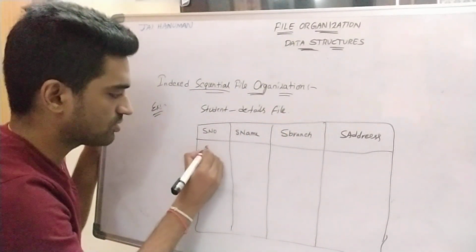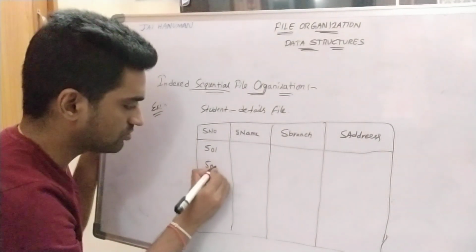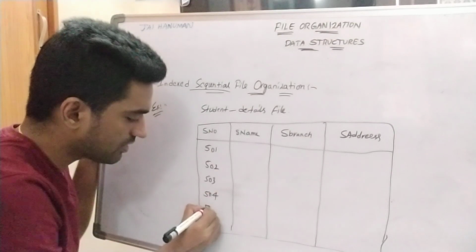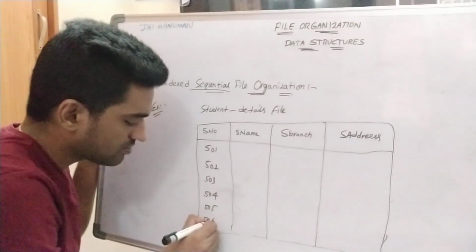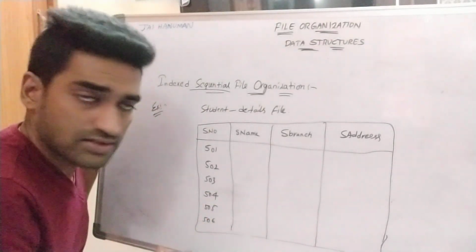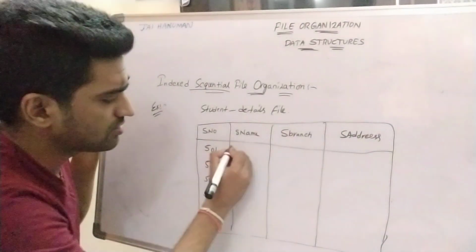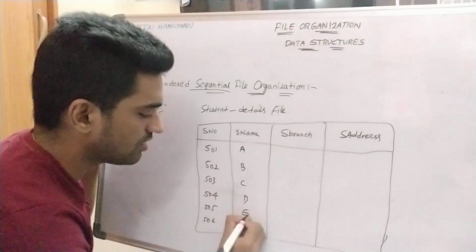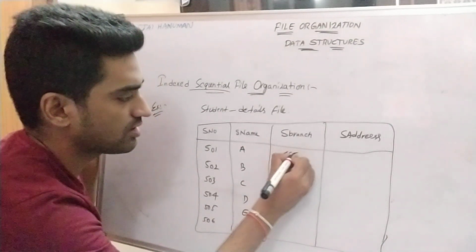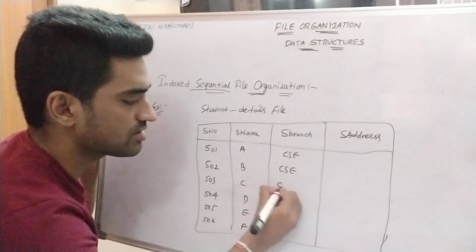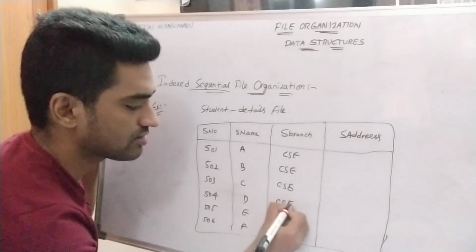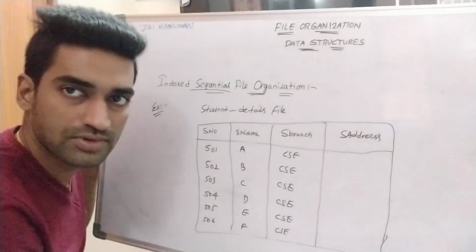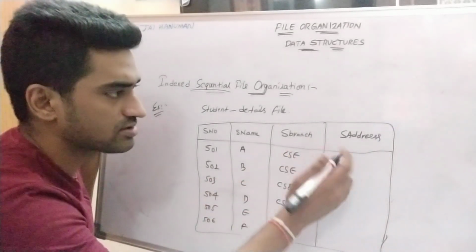Right? So student numbers 501, 502, 503, 504, 505, 506, with names A, B, C, D, E, F. The branch is CSC, some branch is present. So this is the CSC student organizer file, right? Address, for suppose